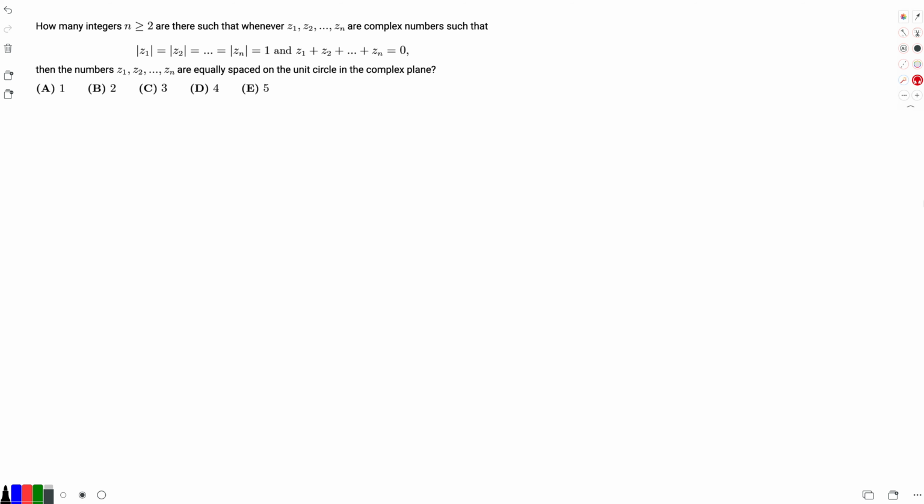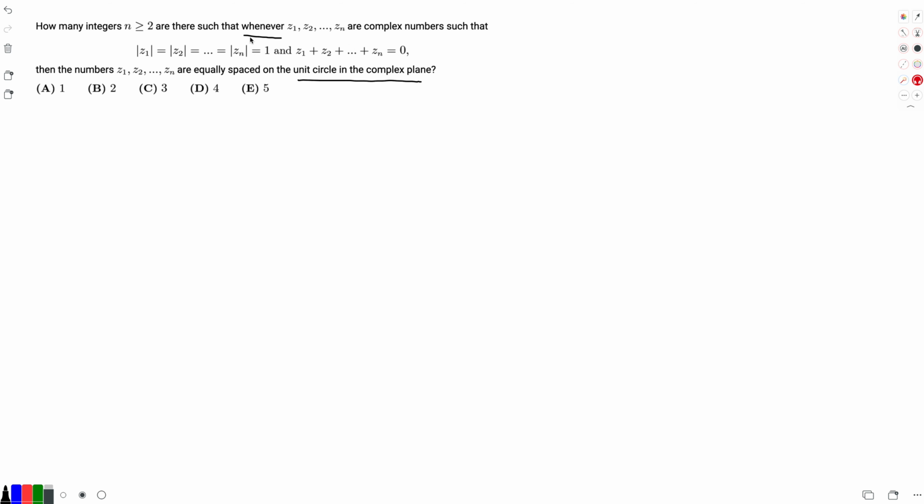Here, and this is the 2020 AMC 12B problem 23. Here's a view of this problem. For how many integers n greater than or equal to 2 are there such that whenever, actually a keyword here being whenever, z1, z2 all the way to zn are complex numbers such that the modulus of everything is 1 and the sum of everything is 0, then the numbers are equally spaced on the unit circle in the complex